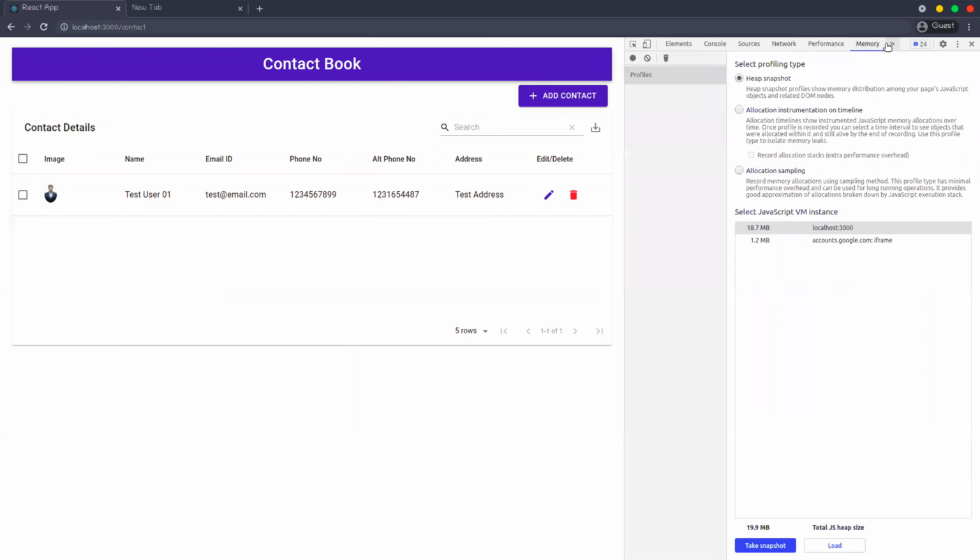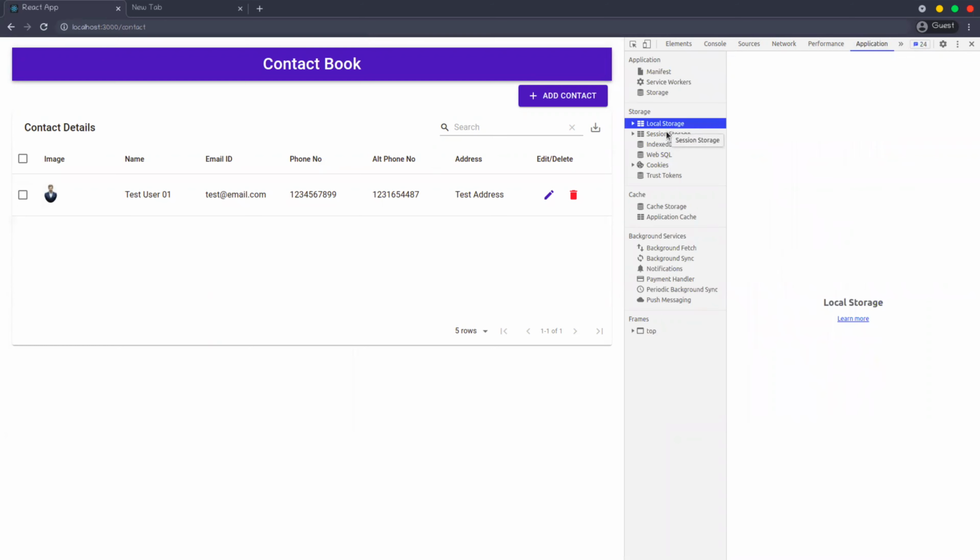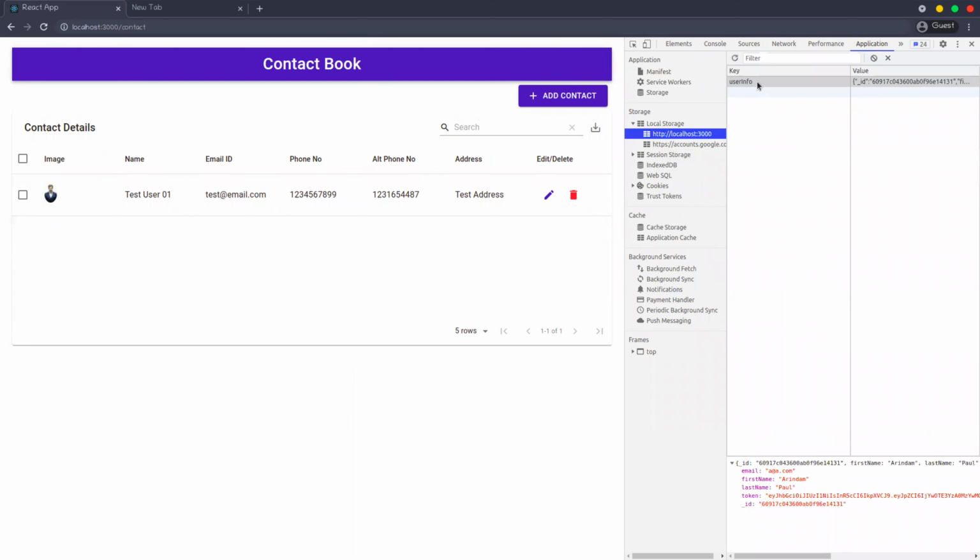Go to the storage, go to the local storage. See, this is the user info you have stored. That's okay, so all things are working fine, right?